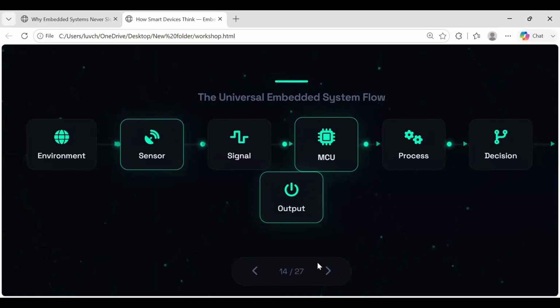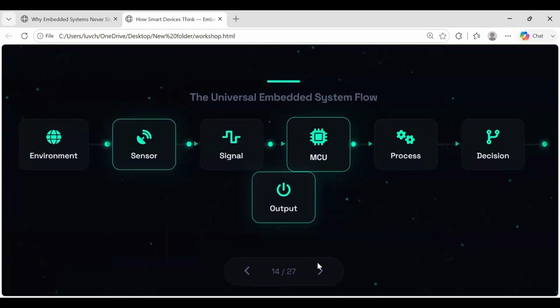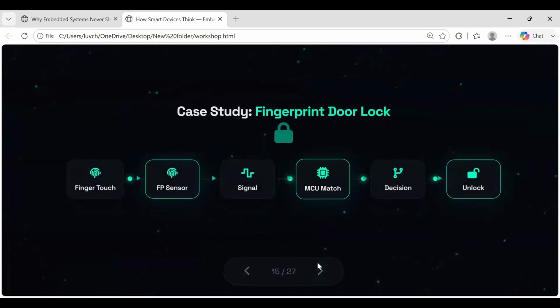Now I have a question for all of you. How will the sensor signal be converted for the microcontroller? As we have discussed, the current is being made usable for the microcontroller, but how is that processed further by the microcontroller to give decision making? Yes, this is the right person whose fingerprint is detected. So please allow your phone, as an output, to open the lock, right? The fingerprint study is revealed here. Is the design cycle clear to all of you?